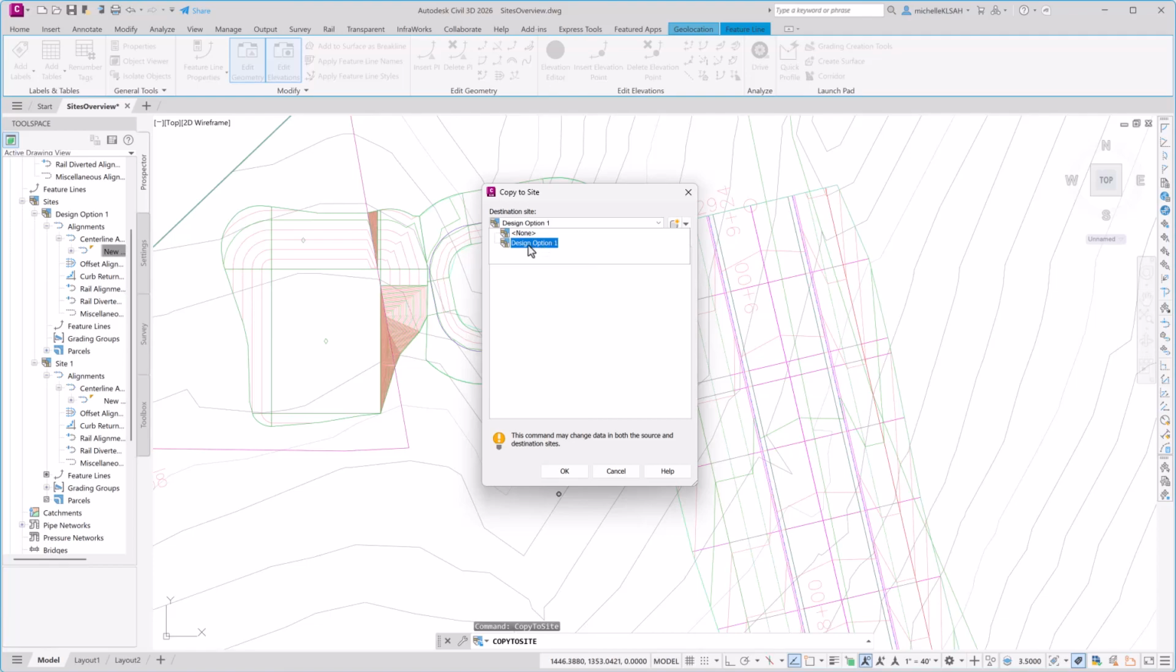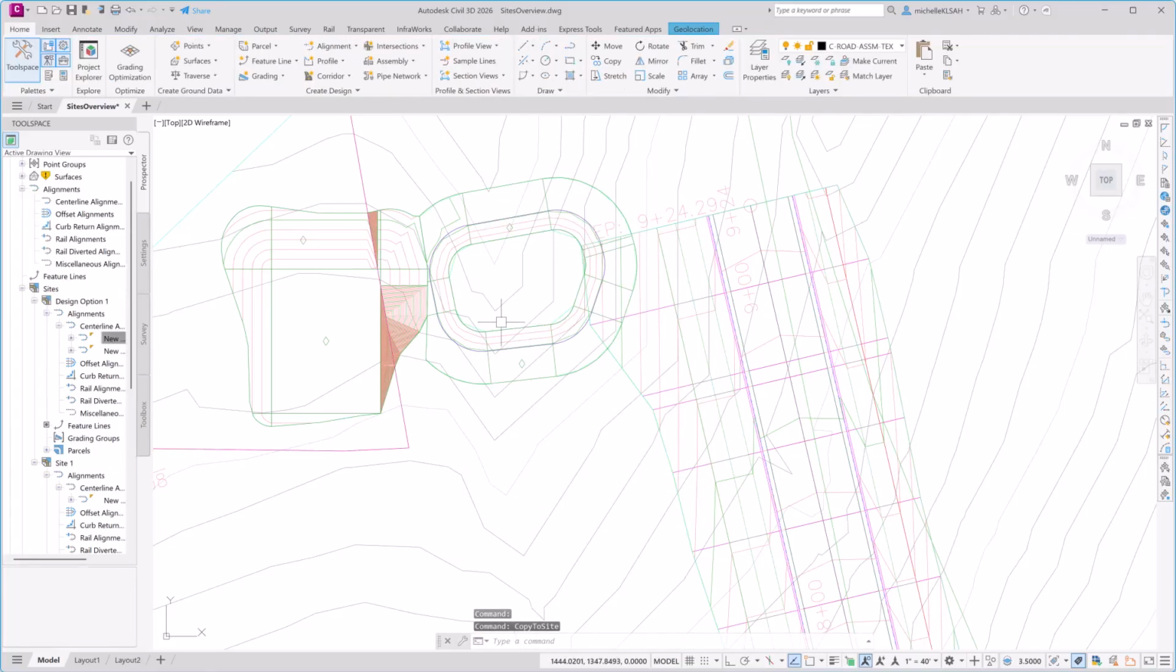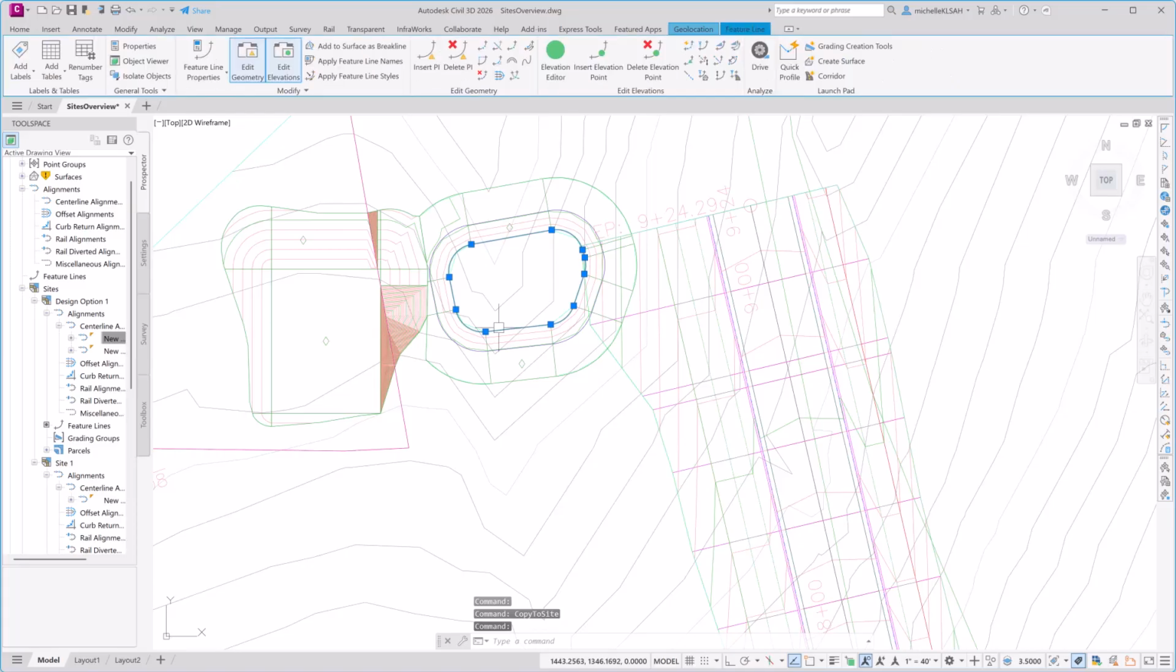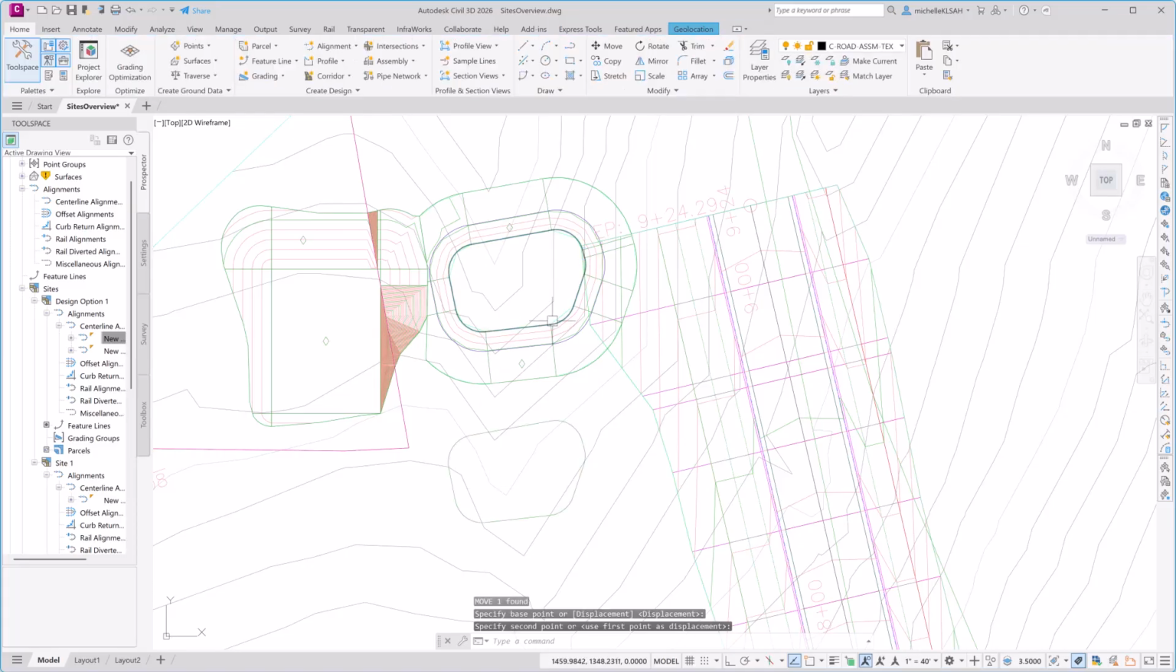Since I'm going to Design Option 1, I'll click OK, and I'll select that again and move it this time. And since I already had another grading object in that site, it's not affecting anything I did to that original grading object. But now that this is in a different site, if I go to create a grading object,